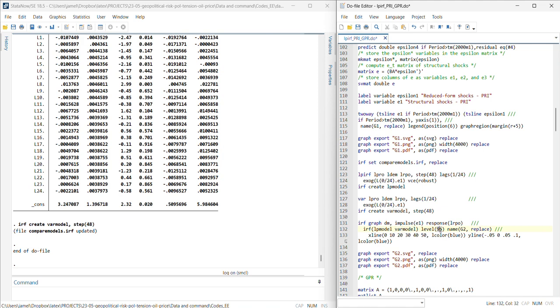The confidence interval will be 95 because we do not rely on Bayesian techniques. We cannot lower the level of confidence too much. I can give a name for the graph and replace the name of the graph. I can make more customization for the impulse response. So what we have here,